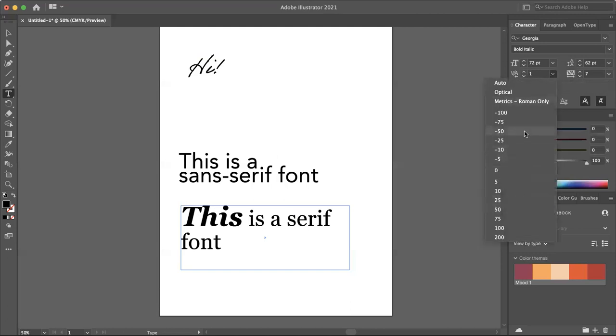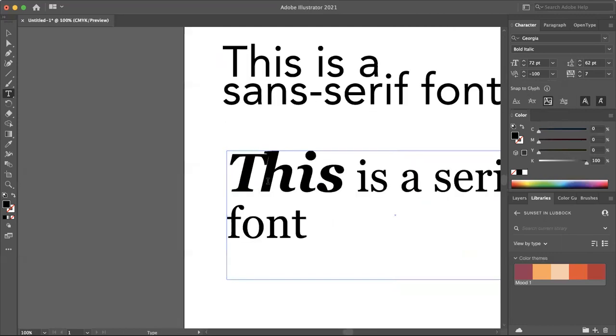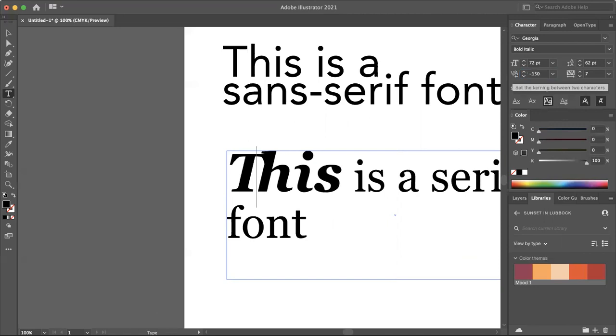So let me just show you, just from one extreme to the other. If you don't want very much space between them at all, and maybe in fact you even want them to overlap a little bit, which is common with our more cursive-y type fonts, you can make it -100. See how that made the T and the H overlap one another just slightly. In fact, I'm going to make it even more and do 150 so that they really are overlapping.